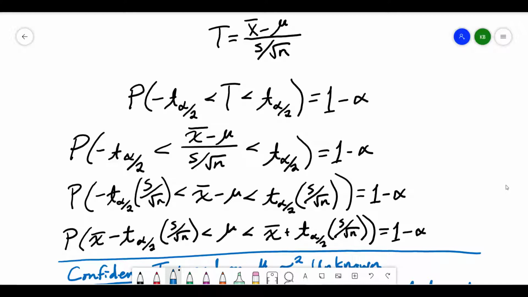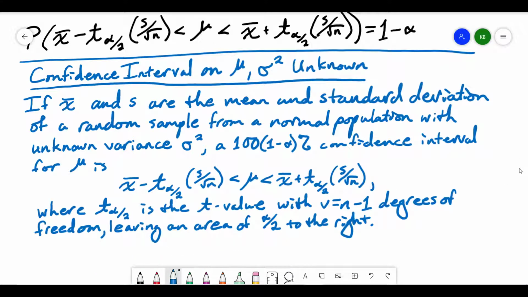And this probability, we want it to be 1 minus alpha. And this gives us this idea of this 1 minus alpha confidence interval. So I know this population mean is between those two values. So to formalize that, we have this confidence interval on the population mean when our population variance or our population